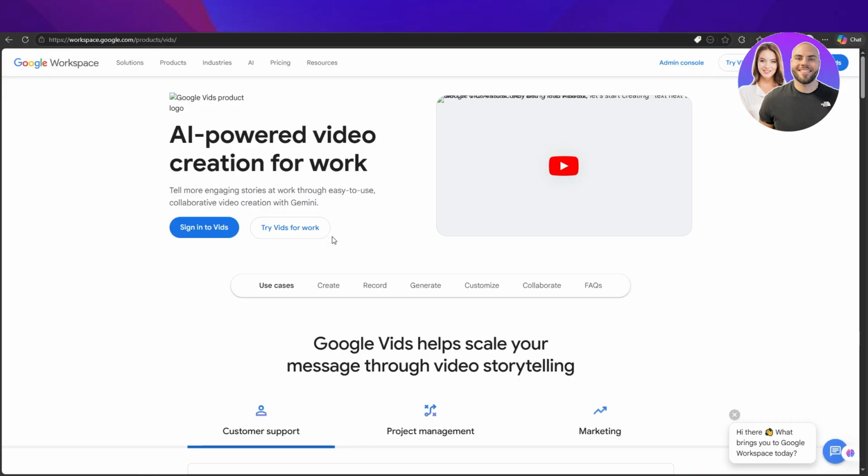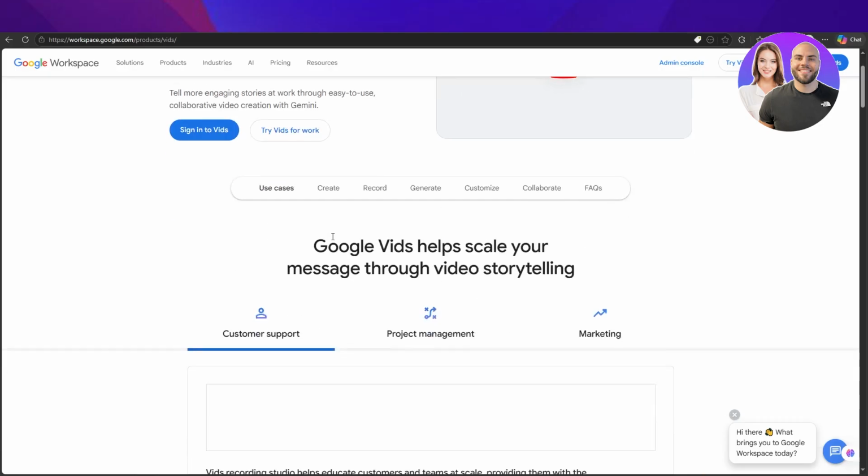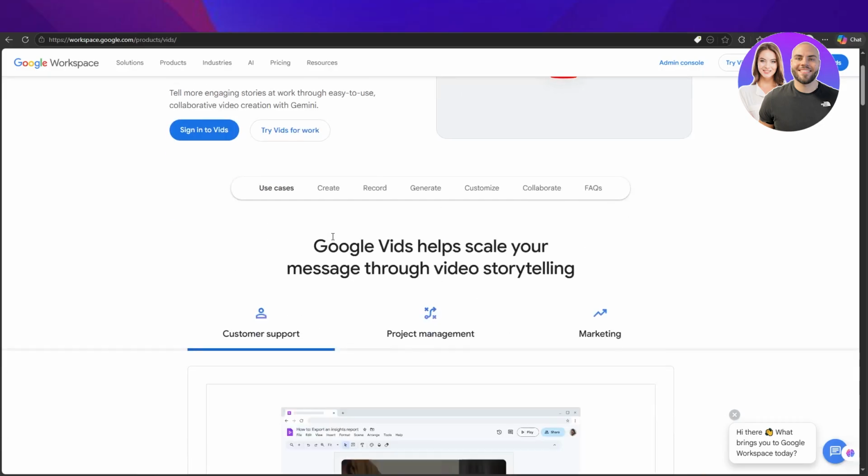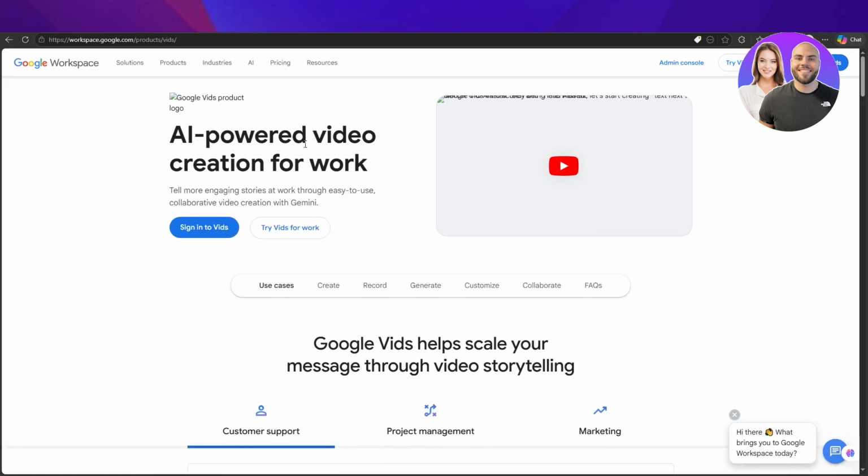Now, that shift is being driven by AI powered tools, and one of the most interesting ones among them is Google Vids. It's part of a new wave of tools that lets you turn scripts into structured, polished videos using AI avatars, narration, and automated editing. And honestly, this is a big deal for content creators, educators, freelancers, marketers, and anyone trying to produce videos faster